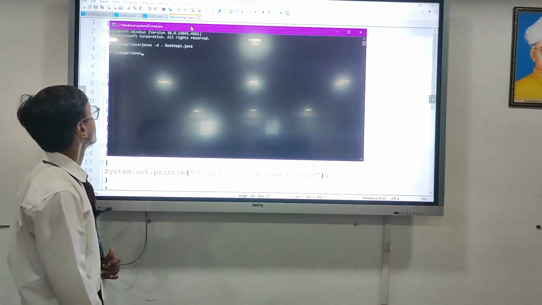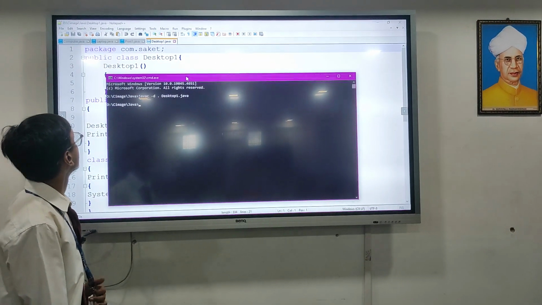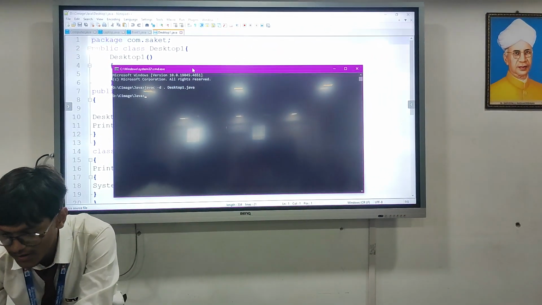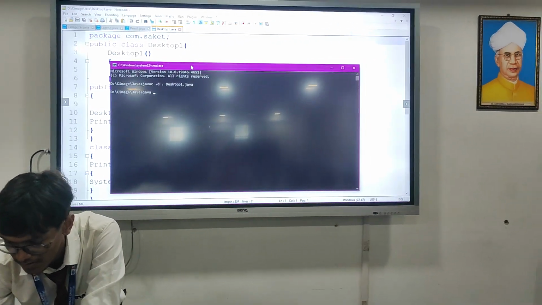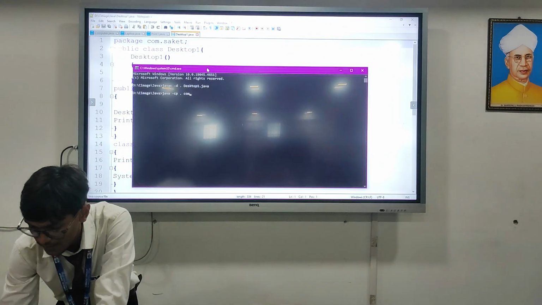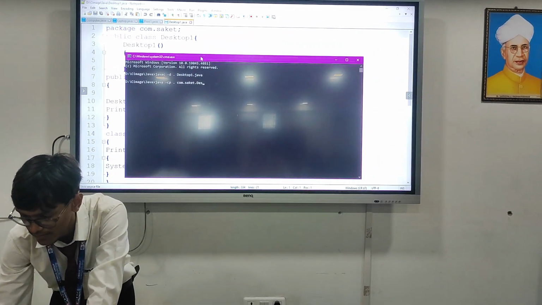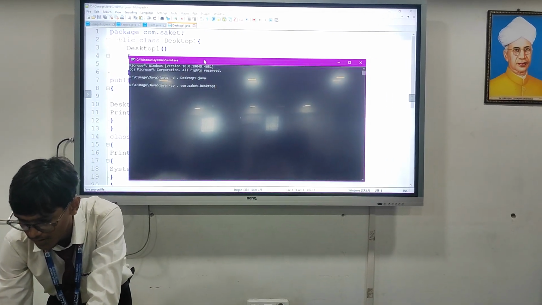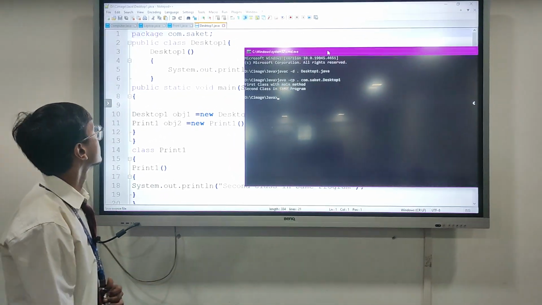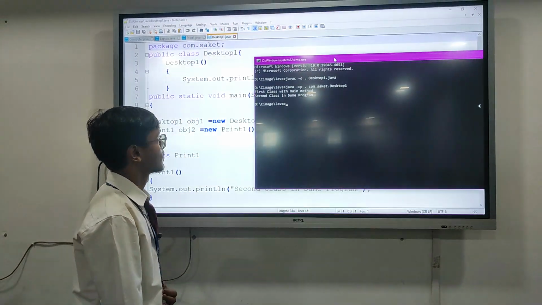As you can see, it didn't show any problem because I have saved the file with the name of the class declared public. So I am going to run it. As you can see the output, how I created the constructor,